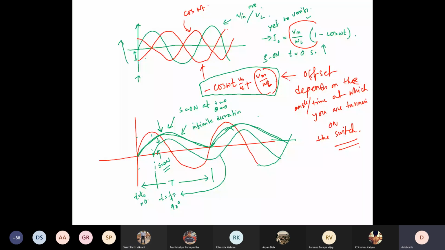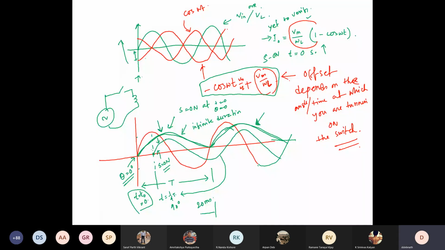Right. Top one, right? Then what I told you is that this expression is valid only when you are turning on the switch at t equal to 0 seconds, basically at theta equal to 0. Okay. Now, see, I can turn on my switch at any point of time, right? This is my source. I have the switch and inductor. Now, what I'm trying to show you is that instead of turning on the switch at t equal to 0, if I had turned on the switch at one-fourth of the time period, let's say this entire duration is 20 milliseconds as per the Indian frequency cycle, then this one-fourth will be 5 milliseconds.